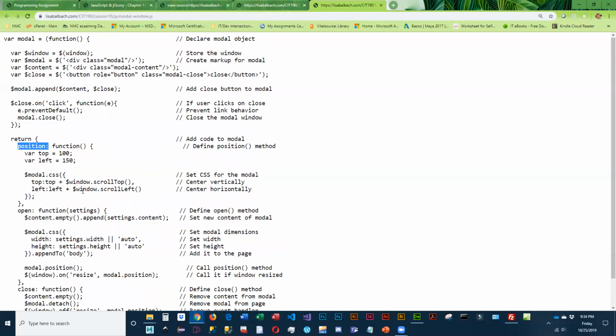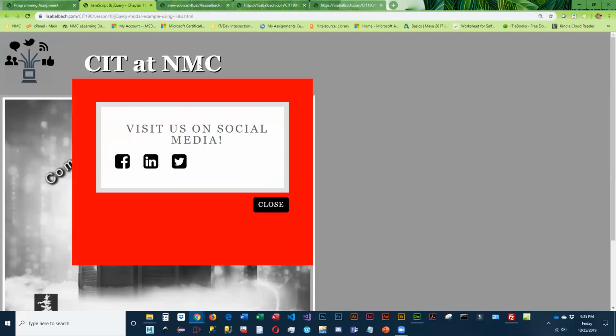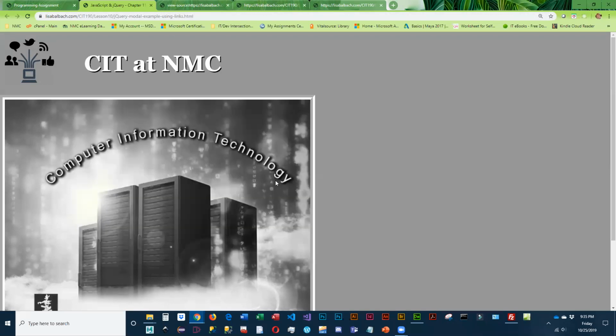And this is how we're going to try to center the modal window. And it's fairly well centered. It's not perfect. Okay, but what the book does is mathematic gymnastics. They do it a little bit differently. So if you prefer to use the code from the book, even though their modal window does not work,